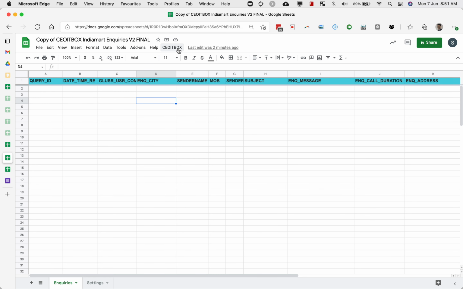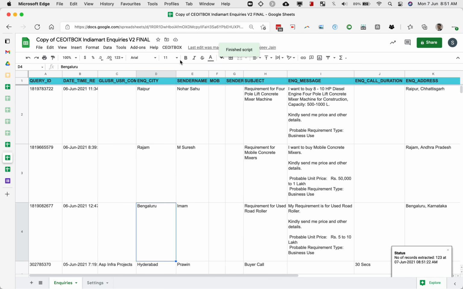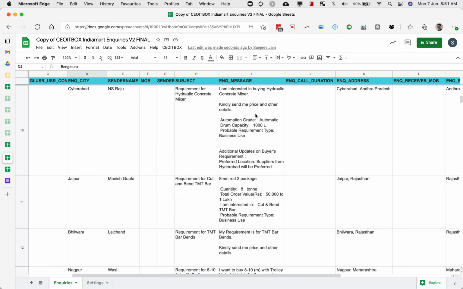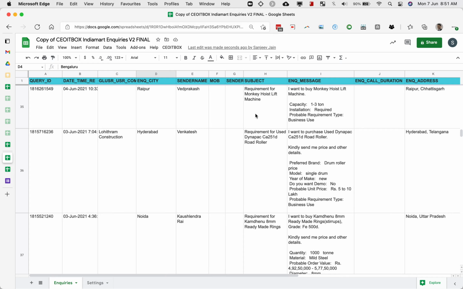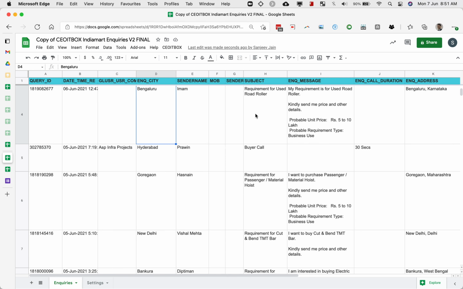So after you have done this, now we'll have to click on this button again, run manually, because the very first time when you do it, it doesn't run because it goes into the authorization mode. Now just click run manually. And as you can see, it shows that 123 records have been extracted. So 123 records have been extracted right here. Okay. So I have whited out the mobile number and sender for now. And as you can see, so this is extracted all the records, all the necessary records for you.